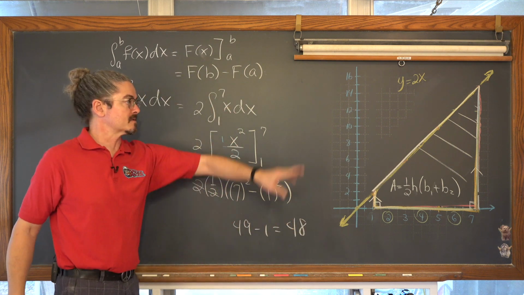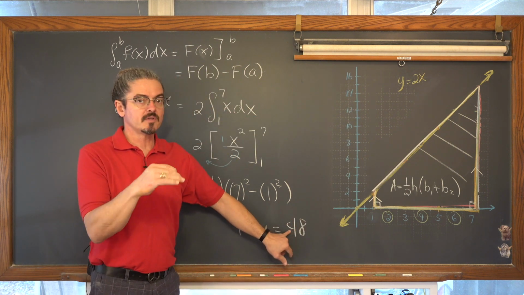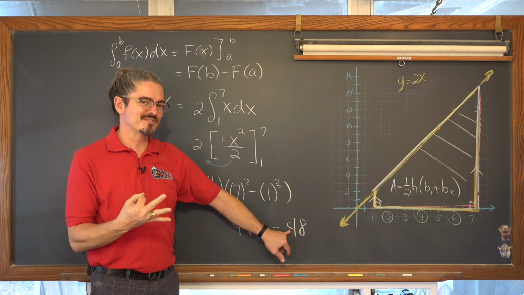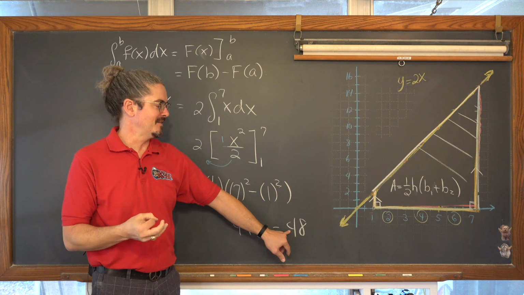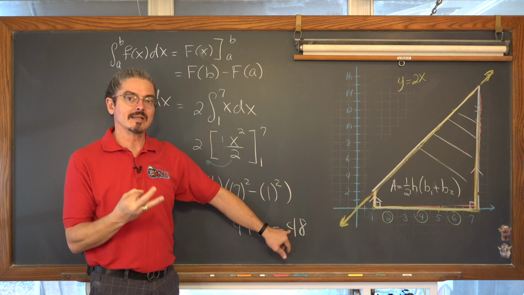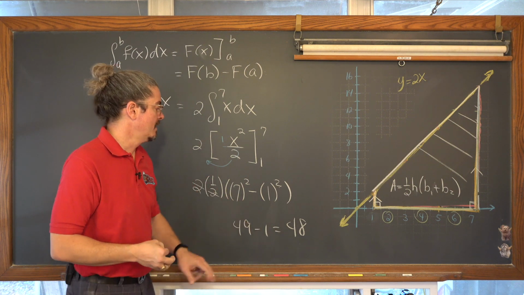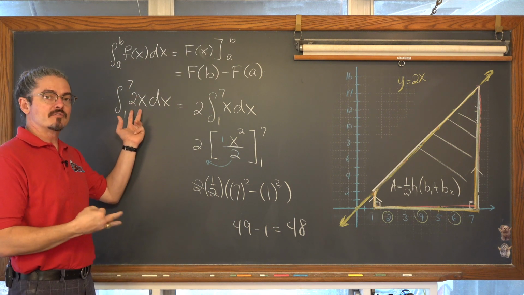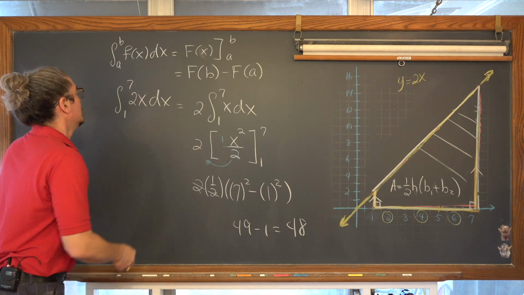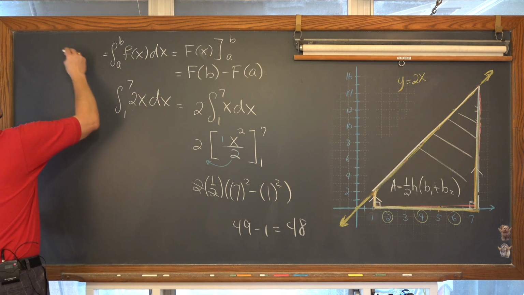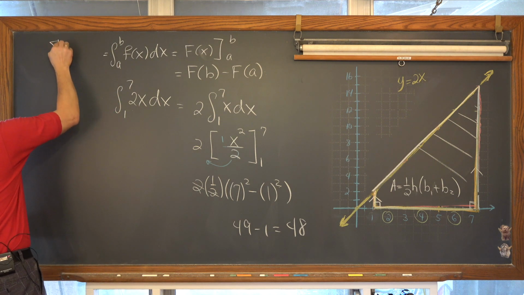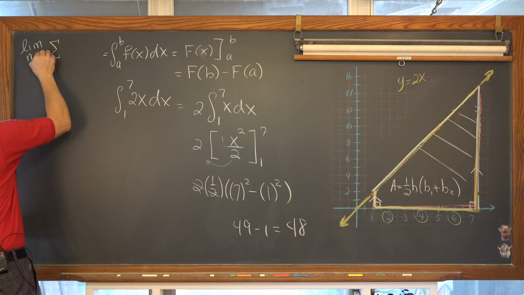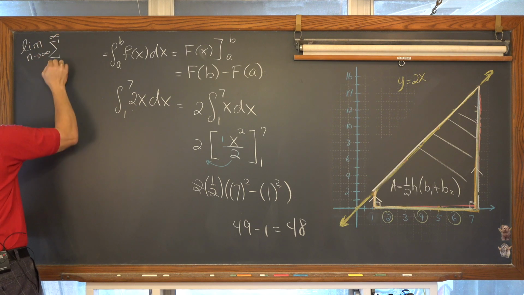Now, one more time, this is a linear function. That would be the only situation where your midpoint Riemann sum is going to give you the exact value answer. Your midpoint Riemann sums are still an estimation of the actual area. This is an exact value of the area that we're getting from the definite integral, because of course that is equal to that limit where the number of rectangles went to infinity.